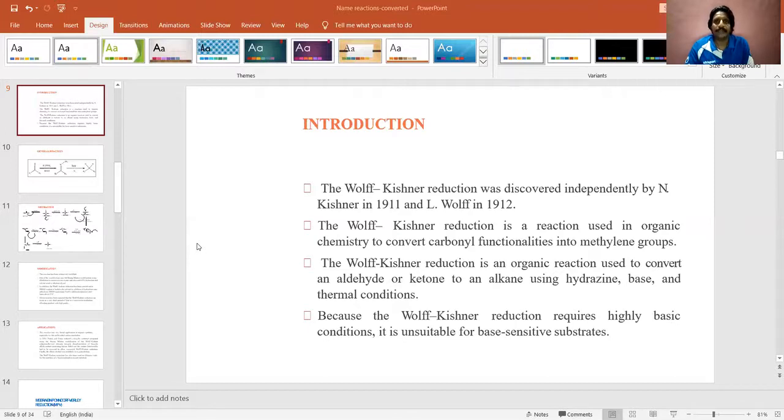Like we can say more acidic condition. The reduction happens in acidic condition, and that particular reaction is good for compounds which are tolerant to acid. When it comes to the Wolff-Kishner reduction, here we do the reaction in moderately basic condition by using hydroxide ion as base. So compounds which are sensitive to acids can be reduced. The carbonyl compounds which are sensitive to acids can be reduced by using Wolff-Kishner reduction. Let me move into the next slide.